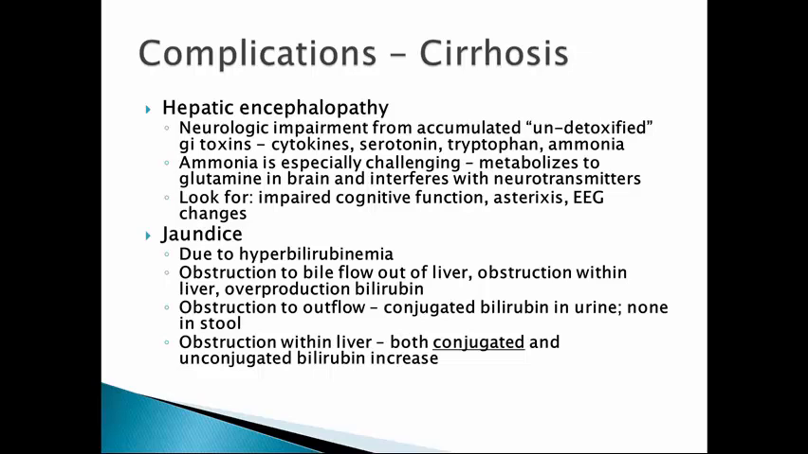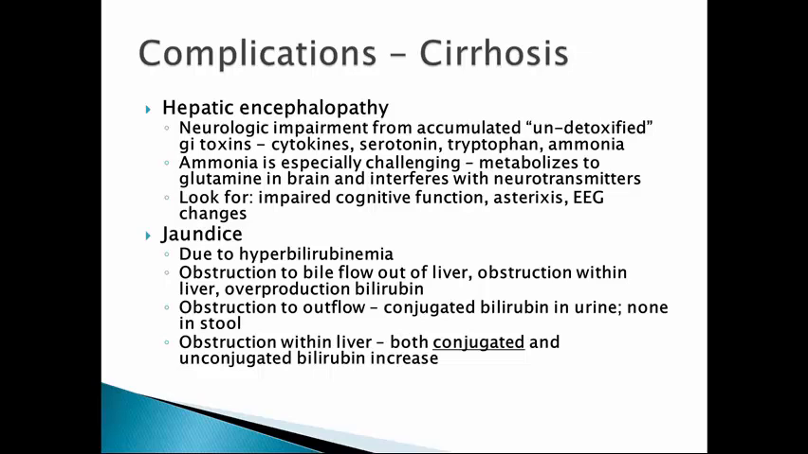A third complication of cirrhosis is hepatic encephalopathy. This is the neurologic impairment we see from accumulated undetoxified GI toxins. So really what we're looking at are these GI toxins, the cytokines, the serotonin, the tryptophan. I know that's what made us sleepy after Thanksgiving, as well as ammonia, because the liver plays an important role in breaking all of these things down. Ammonia is especially